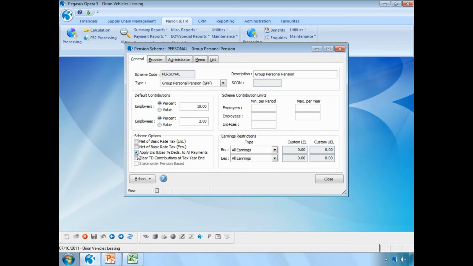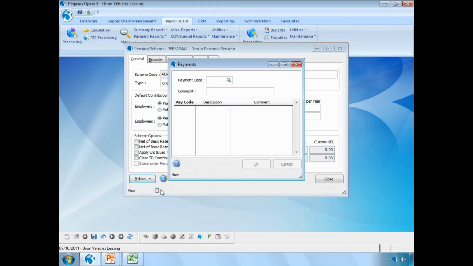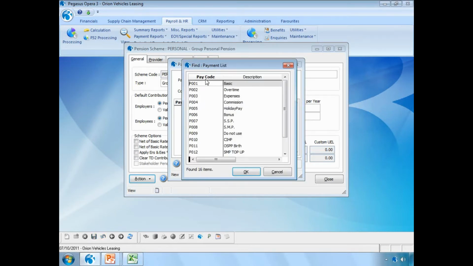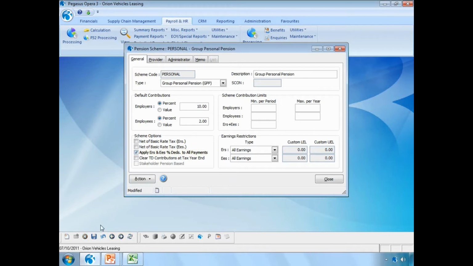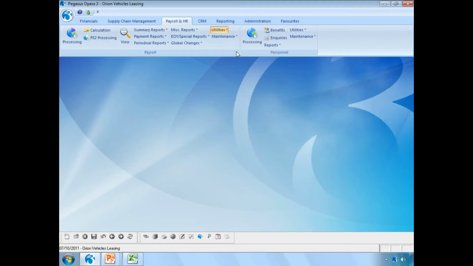I can also identify which pay elements are to be included in the calculation of these percentages. I'm ticking this box that says all of the payment elements are to be taken into account when calculating the pension payments. I can turn that off, in which case, when I select the payment types, the system will allow me to identify any of the payment types that I'm looking for. It may be that only basic pay and overtime pay are to be used within the calculation for the pensions. I'm going to turn that flag on to do the calculation based upon all payments to the employee. If we hop back into the set options again,